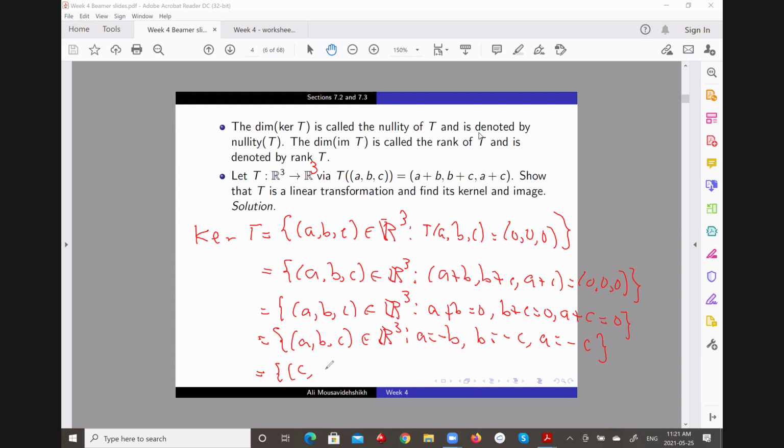And B is minus C, and then you have C here. In other words, this is the span of